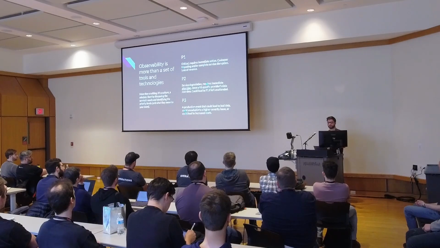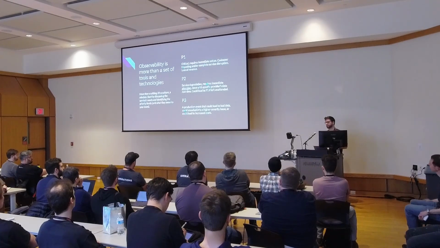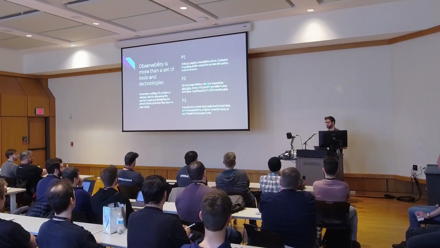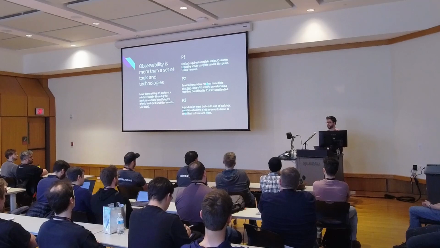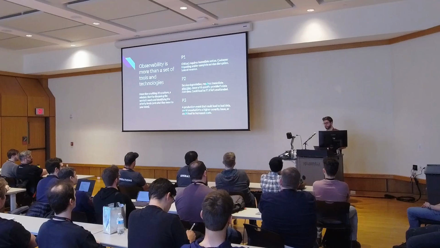Or a P3, which is a production event that could lead to bad data, could snowball, could lead to increased costs. These are things like, hey, our CPU spiked a couple hours ago and it's been holding at that higher level. And we're not seeing any other issues, but that's still something to keep an eye on. These are obviously a starting place. The different priority levels are to be determined by you and your team who know the application the best.